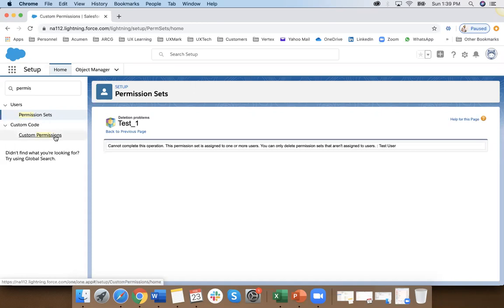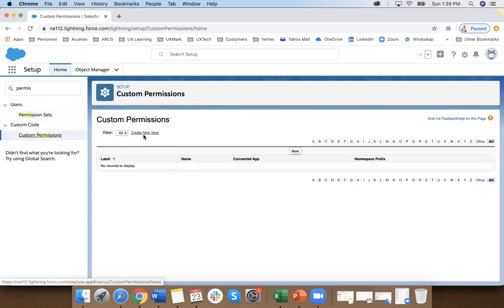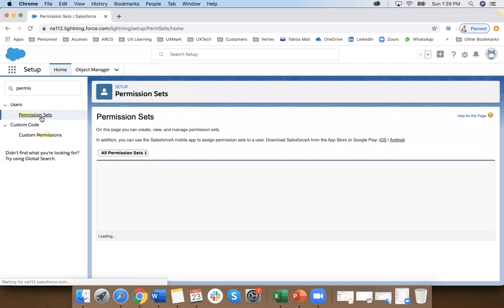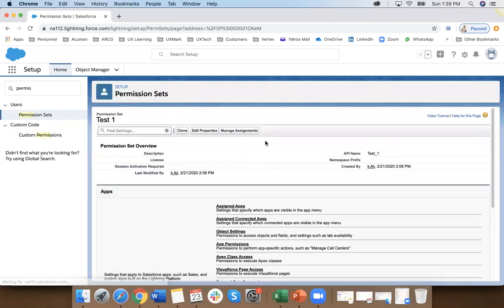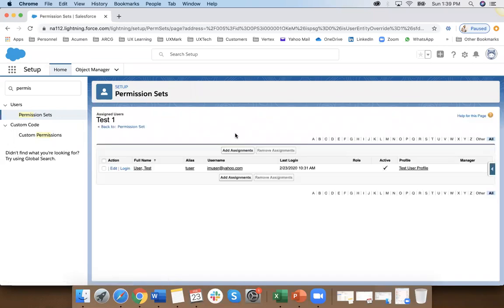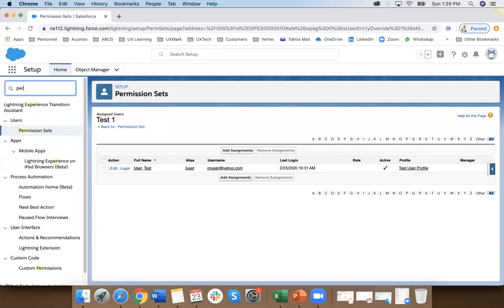Oh, so I need to first... so here you can manage the assignments. So let me actually show you what permission sets are, so we can cover this one also, because that was the next topic. So you can come to